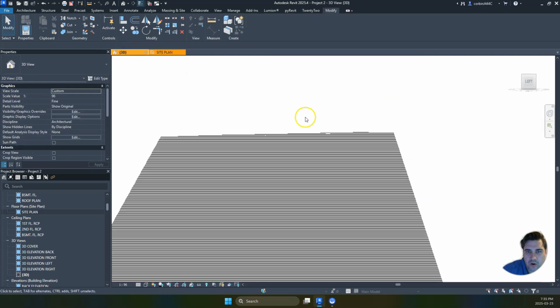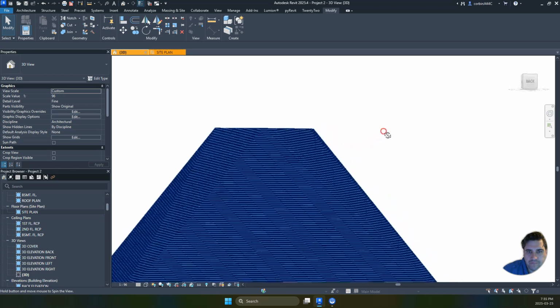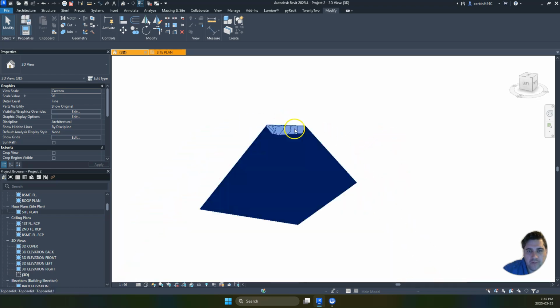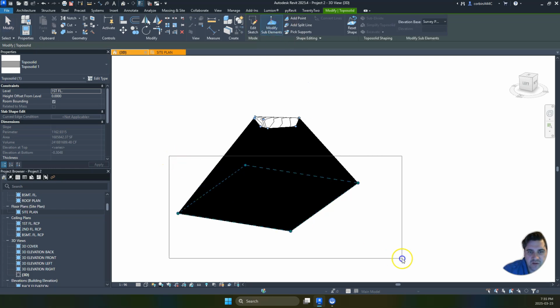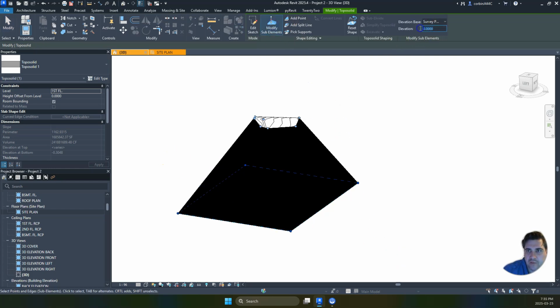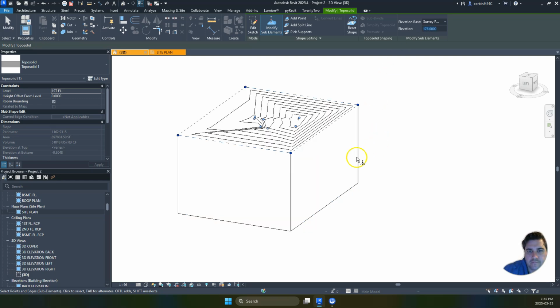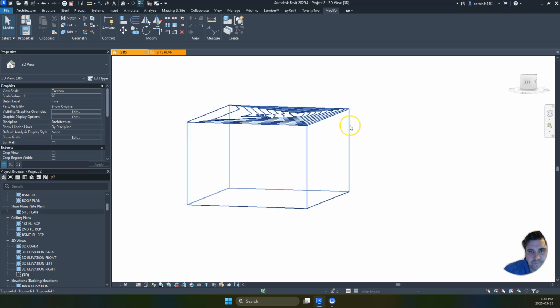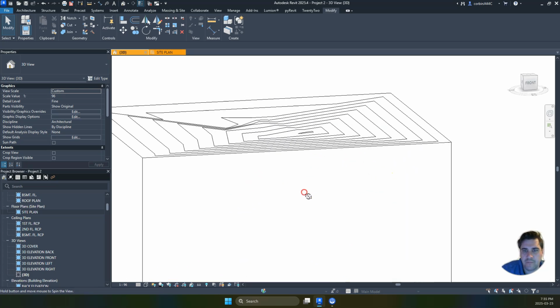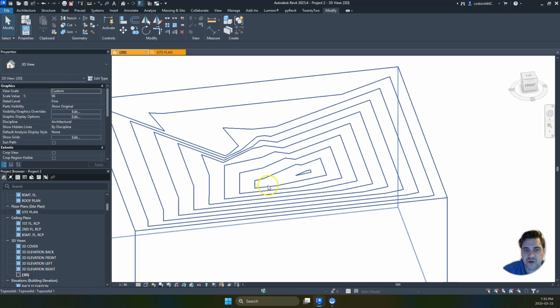So it looks super awkward, but let's fix that. Let's click on this. We're going to go to modify. We're going to select our boundary points, and let's move them up to like 175. So now we have a really thick topo surface, and the edges don't really matter that much, but